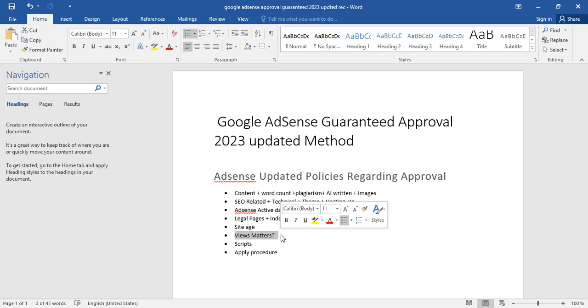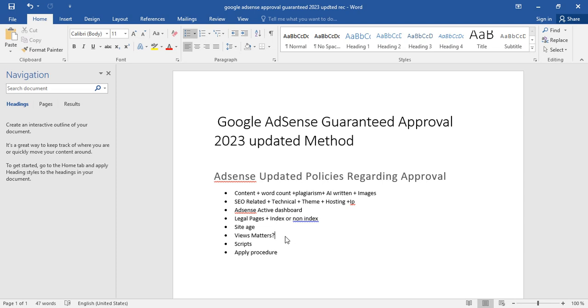Google AdSense can. Google AdSense should, and Google AdSense is doing the same. If you are giving fake traffic to your website, if you are buying it, if you are using AI bots, if you are redirecting your traffic from somewhere else, Google won't give you approval. Keep that in mind, okay? And yes, in my second opinion, views matter, but genuine views, genuine traffic matter.